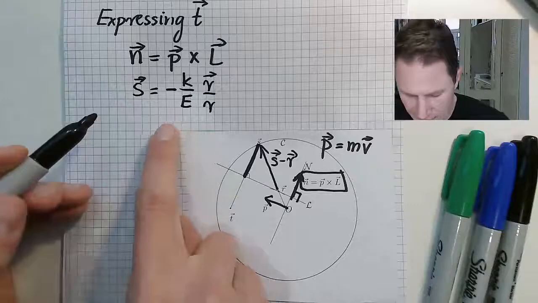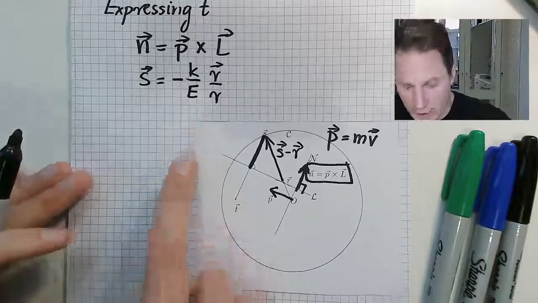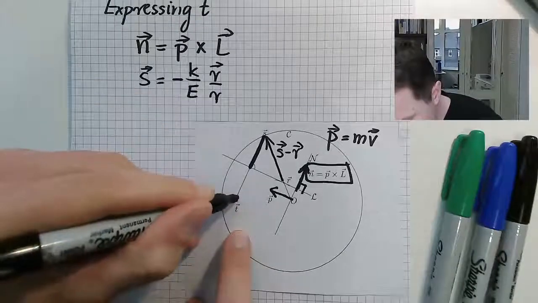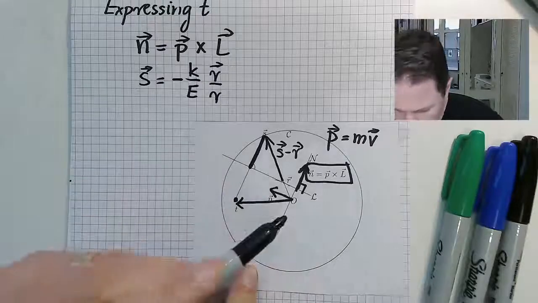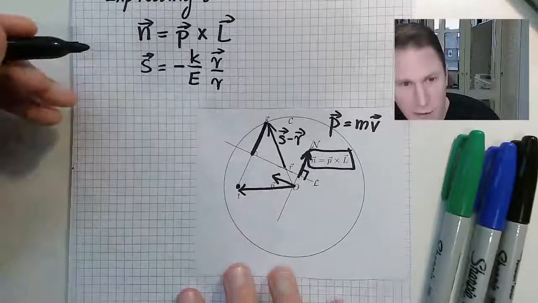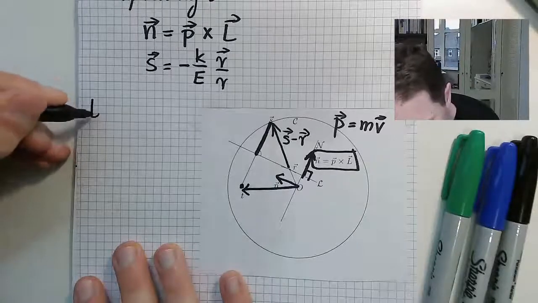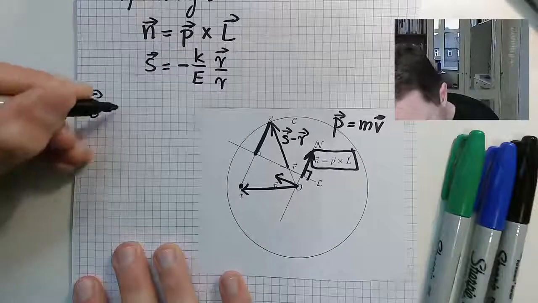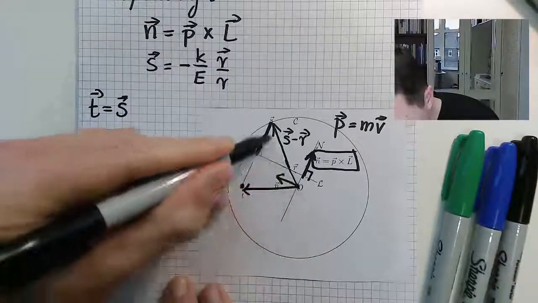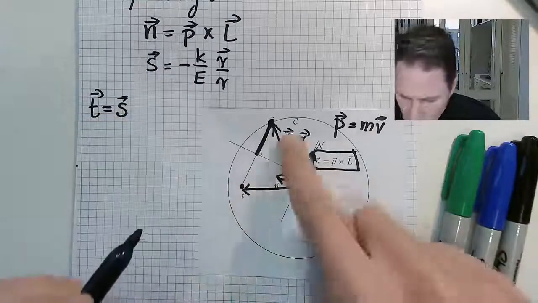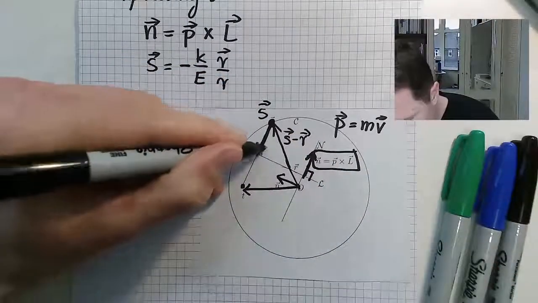That's our vector s, and what we are trying to do is express this vector as a combination of the vectors that we already know. So what do we have to do? In order to get t, we take the vector s, going from the origin all the way to this point along the circumference, and then go this way